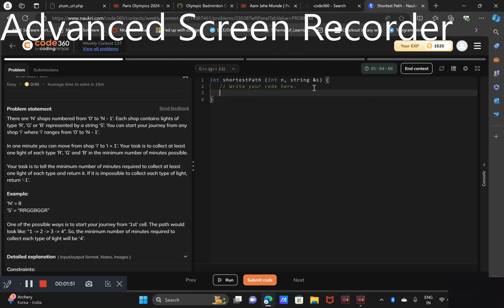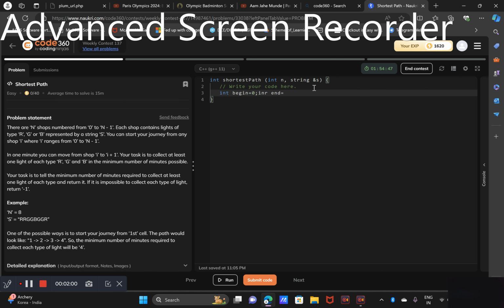So let me show you how to code. Firstly, we will initialize an int vector begin, and an integer for the end also 0, and we will declare an unordered map. I am going to declare this to check how many elements are present in the current sliding window. And int p,